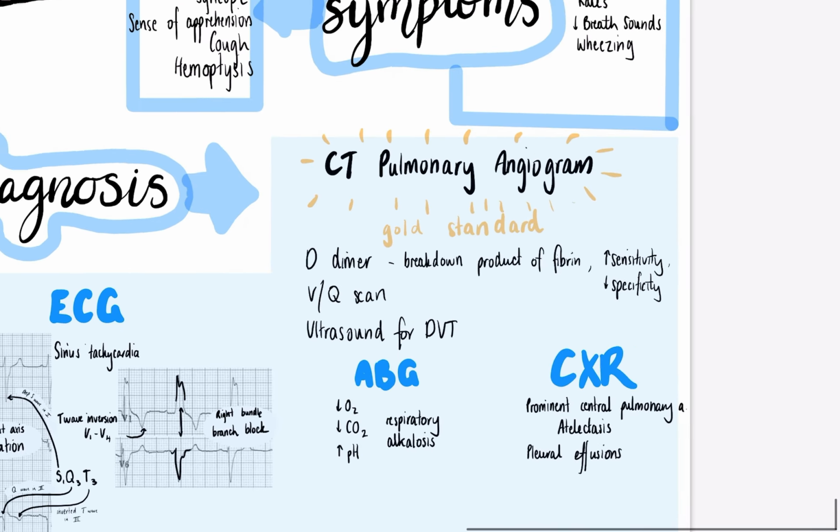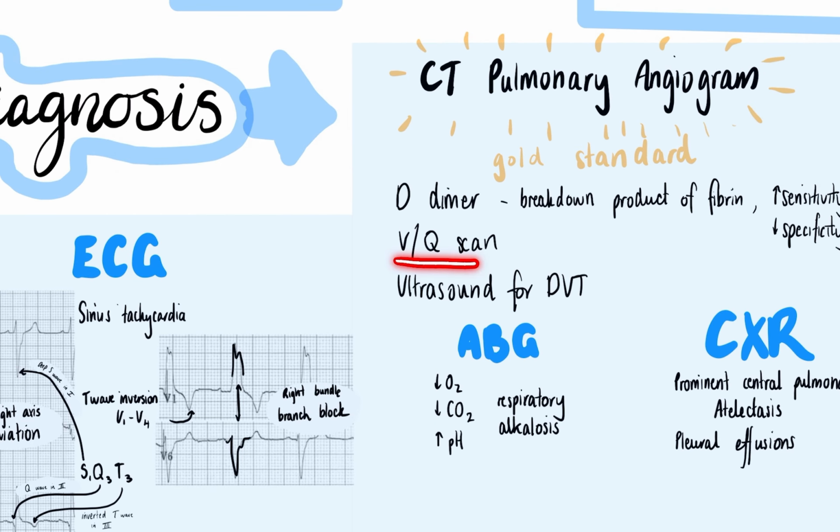You can also use a technique called a ventilation perfusion scintigraphy, or a VQ scan, which measures the ratio of ventilation to perfusion. And if you suspect a deep vein thrombosis, with or without the pulmonary embolism, you can ultrasound that leg to check the flow through the vessels to see whether or not it's compromised.